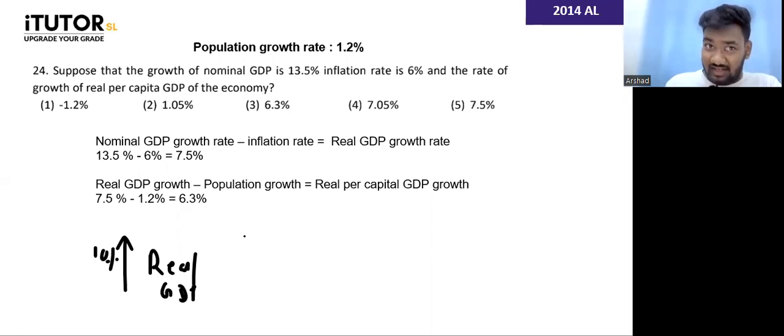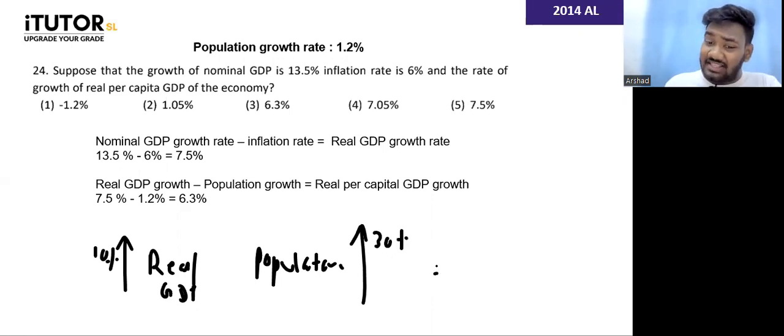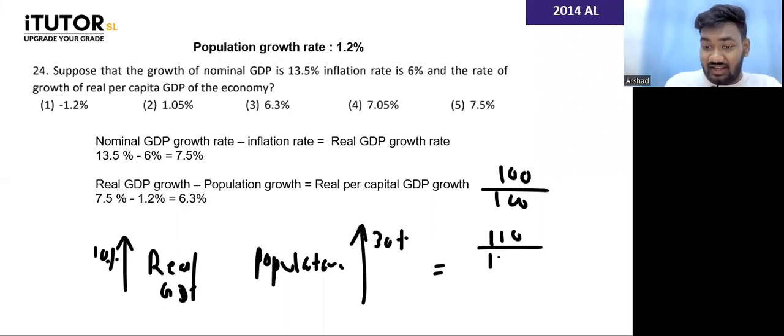But our population, let's say, increased by 30%. Can we say that our real per capita GDP also went up? Per capita GDP is the real GDP divided by the population. For example, let's say earlier this is 100 and 100. Now the real GDP is 110 and the population is 130. So what happens to your per capita GDP figure? It becomes lower, right?